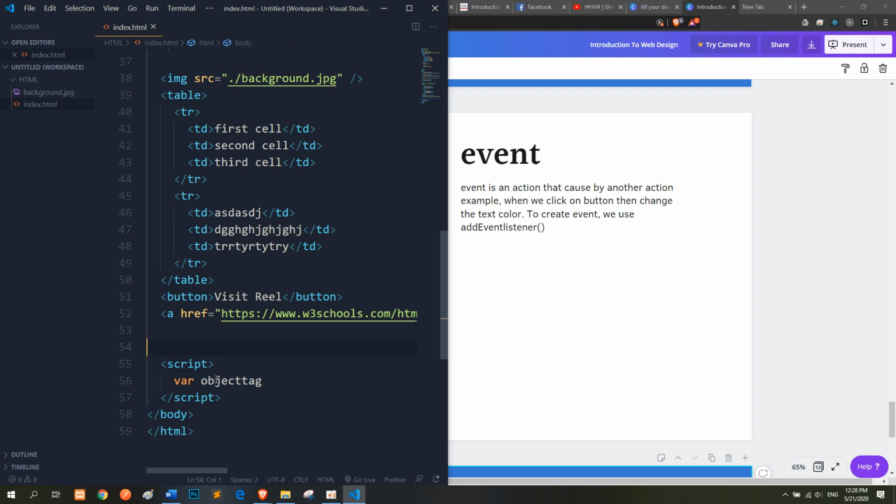Sorry, let me see this scripts. So equal to 1. It means that object tag is equal to 1, and the type of the object tag is the number. But now we don't want to use the number. We want to select